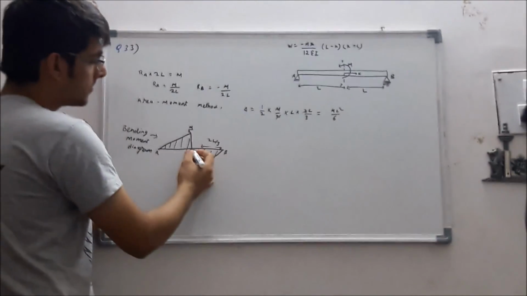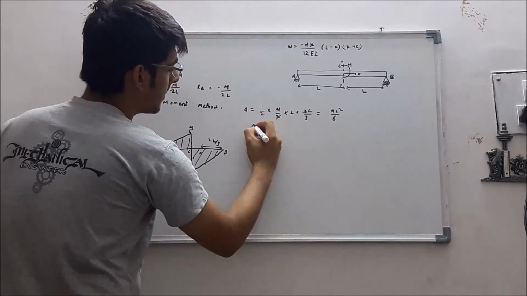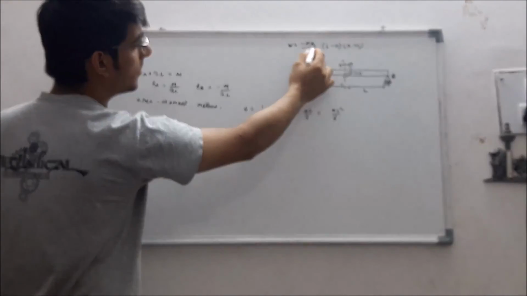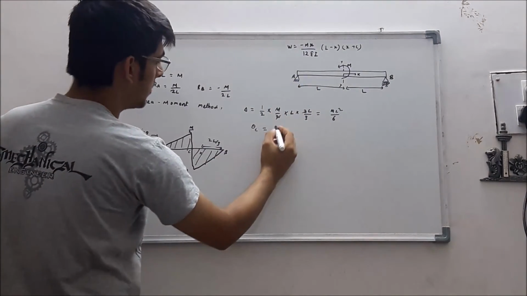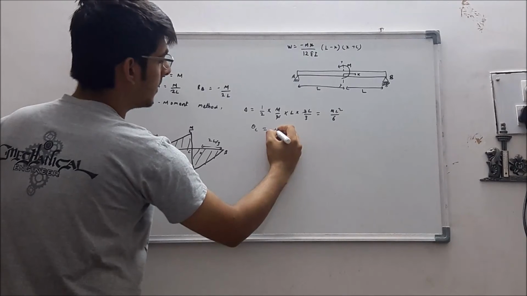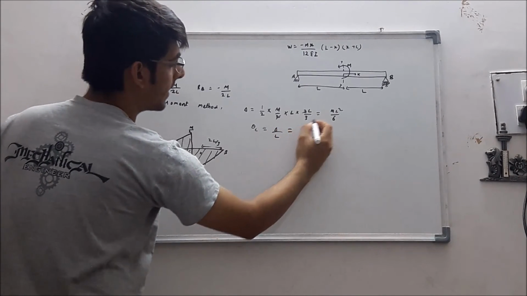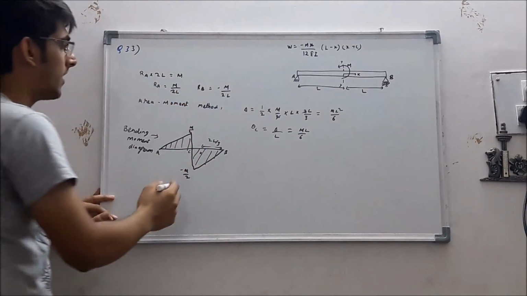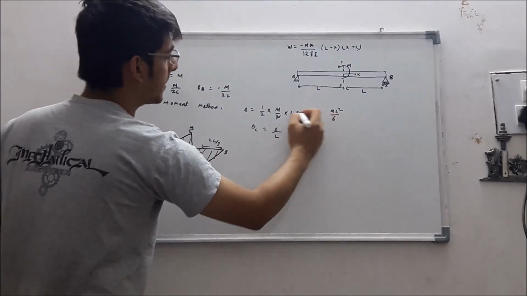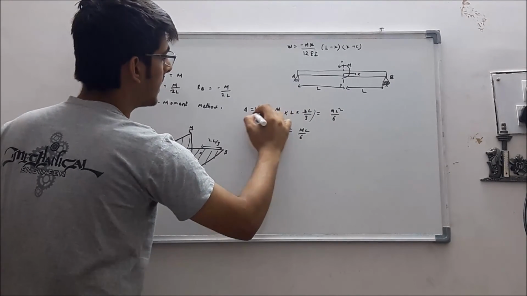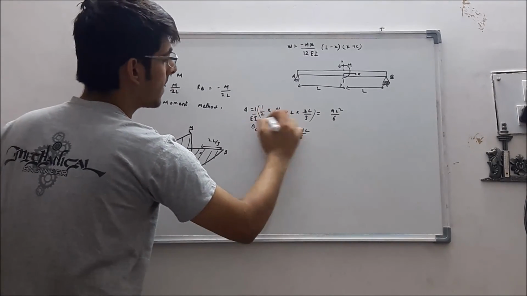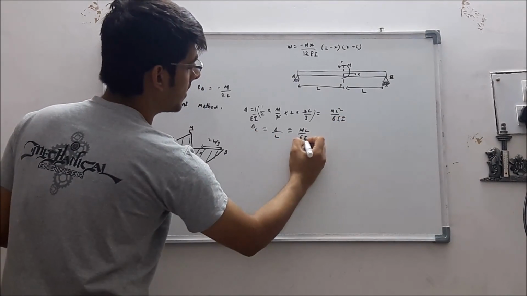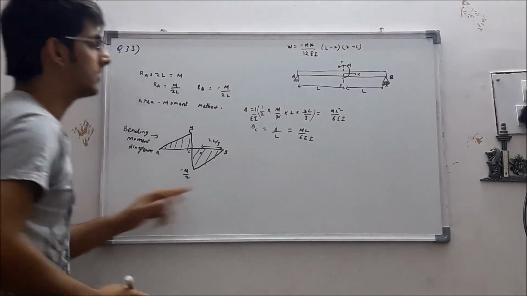Now we want to find the slope over here. Slope at C will be equal to, since we put x equal to 0, we will find that deflection is 0. So slope will be deflection by L. That comes up to be M by 6 into L. And while finding this delta, we have to multiply it by 1 by EI. So this will be ML square by 6 EI and slope will be ML by 6 EI. This is the final answer.